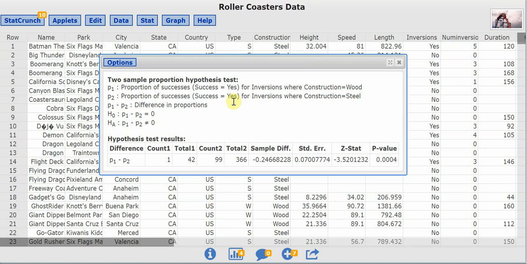We didn't check the conditions for the test in this example, and if we look, we'll see that only 1 out of 42 wooden roller coasters actually had inversions. This is probably because it's just not safe to do inversions in a wood roller coaster, and so basically no one does it. There's one example in the data set, maybe it's even a mistake. The sample size has to be big enough, so we have to expect 10 successes and 10 failures in each group